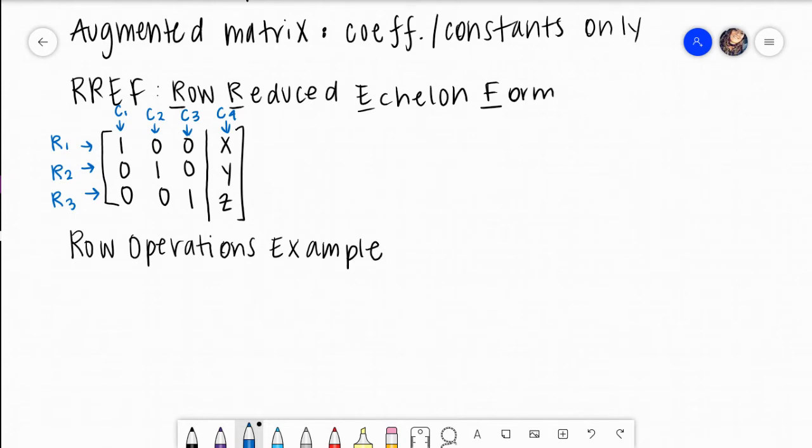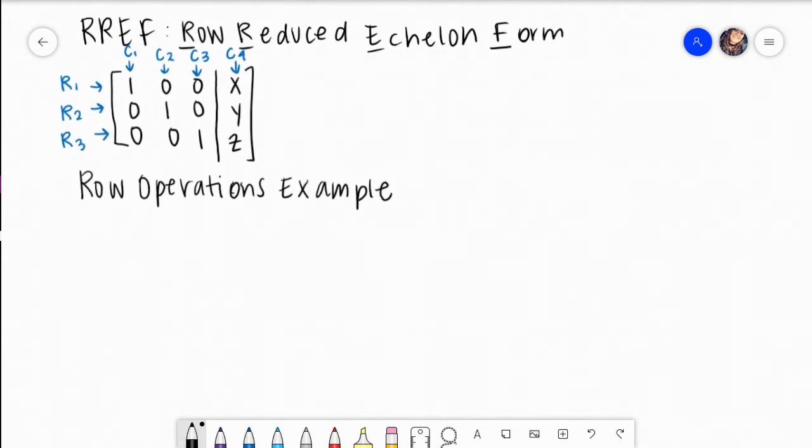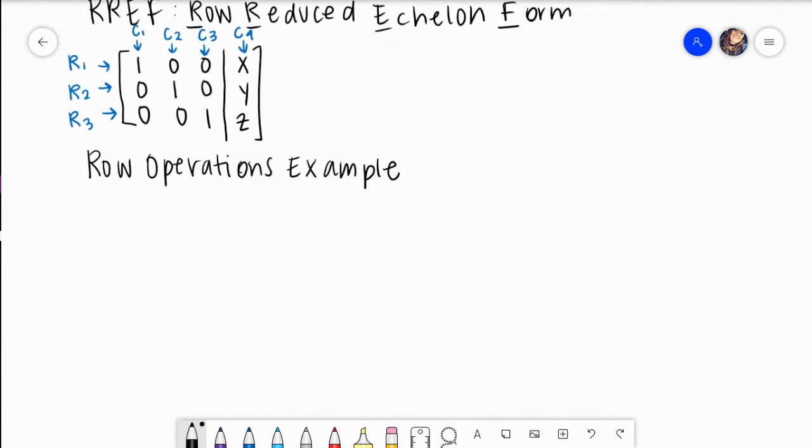Okay, so those are my rows and those are my columns. I'm trying to think if there's anything else I can add before I say these. Okay, I feel decent about that. Few row operations here. If you see R sub 1, row 1, and you see a double arrow, and then it says row 2, what you're doing here is you're interchanging